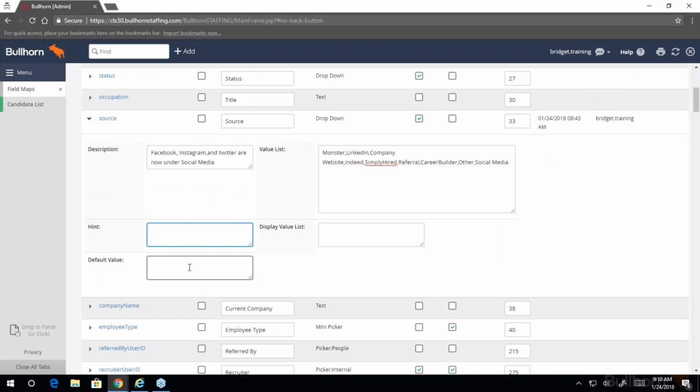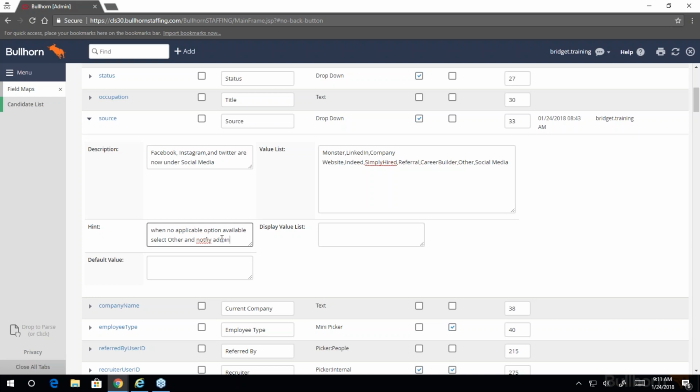Because I'm so focused on this new initiative of where my candidates are coming from, I want to let them know, A, what to do if they don't see an option that they're using, and B, to let me know. So when no applicable option available, you definitely want to spell this right because your whole team's going to see it, everyone. So when no applicable option available, select other and notify